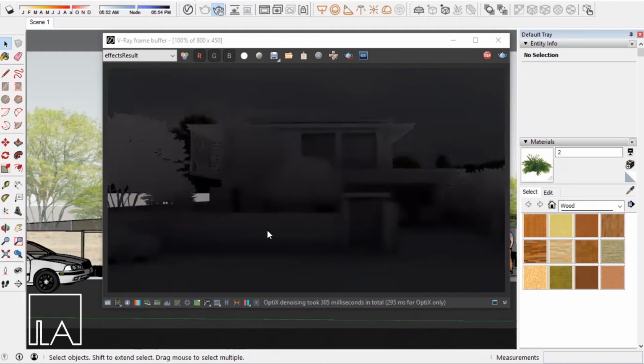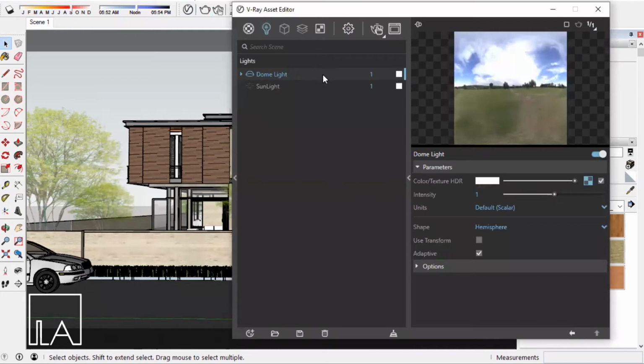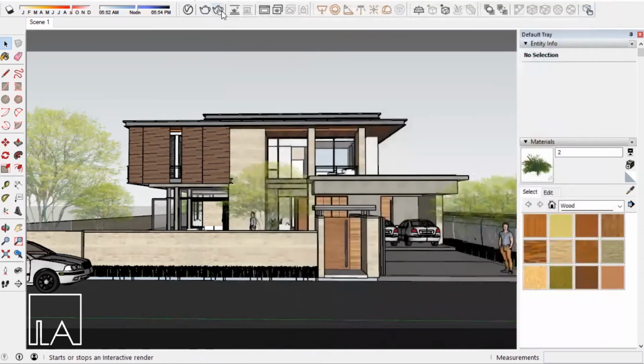As the render gets clear, you can now observe that the image which we have loaded is seen in the render, but it is pretty dark. So now to lighten up this image, you just stop the render and go back to your asset editor. Like any other light, you just increase the intensity of your dome light to get in more light in your render. So here I'll come to this intensity option and directly change this to 15. Again, you'll have to use the trial and error method to edit the intensity of the dome light. Once I change it to 15, I'll just come back and take a render again.